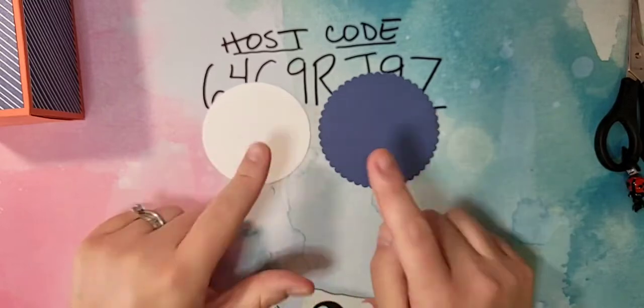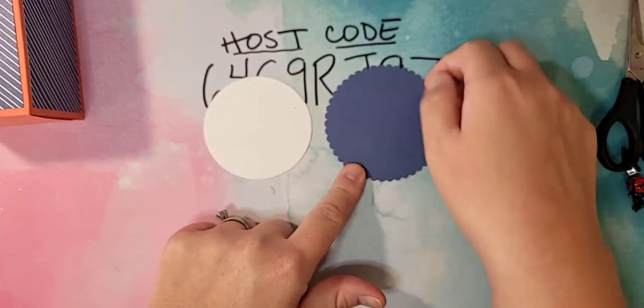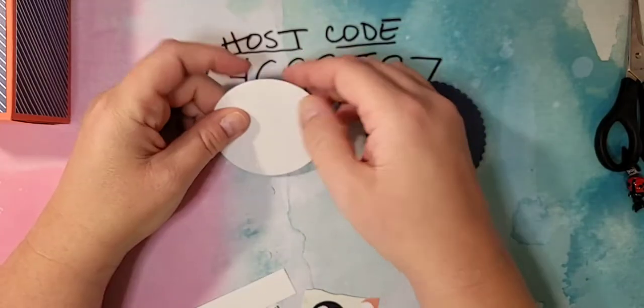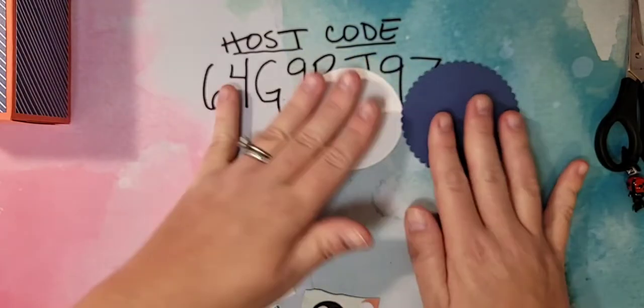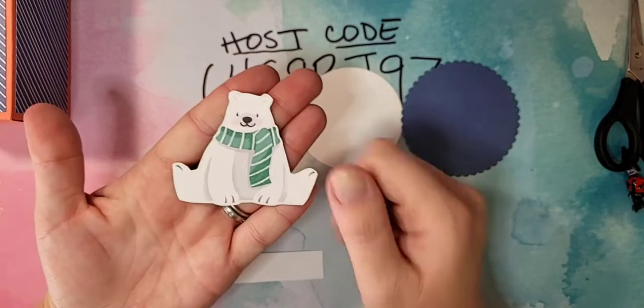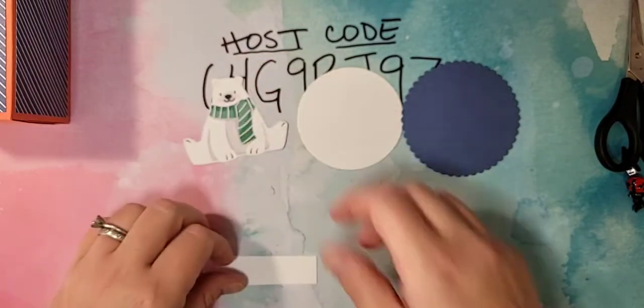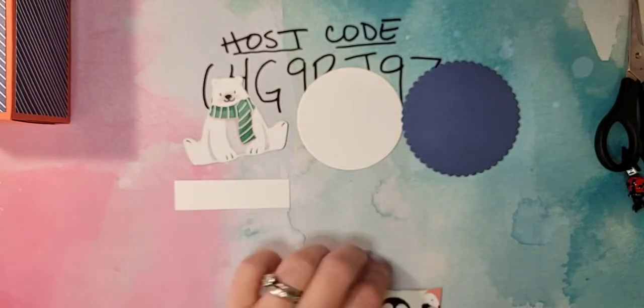So I've already pre-cut a few things. This is a Misty Moonlight scallop circle, and then I have a basic white circle. These are both from the Layering Circles dies. I've already pre-cut one of my little guys. This is from that DSP. I just fussy cut him. I have a scrap of white for our greeting, and then I have another piece